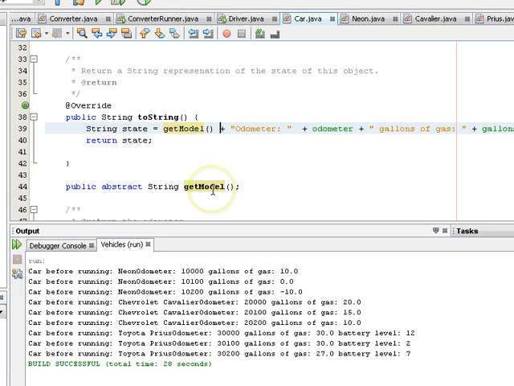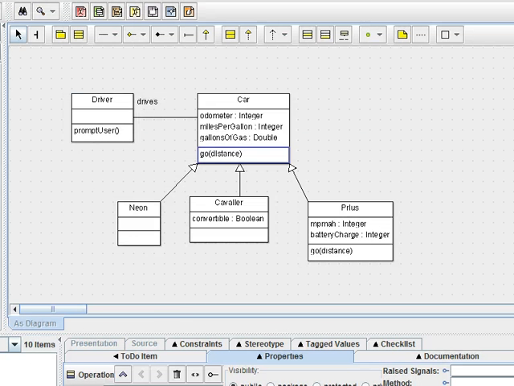Okay. So, abstract class, a very important concept. An abstract class is usually used when you have that is a relationship. And remember what an is a relationship is. A Neon is a car. A Cavalier is a car. A Prius is a car. Okay? It's used where you have this is a relationship and there's some common logic among each of the subclasses,